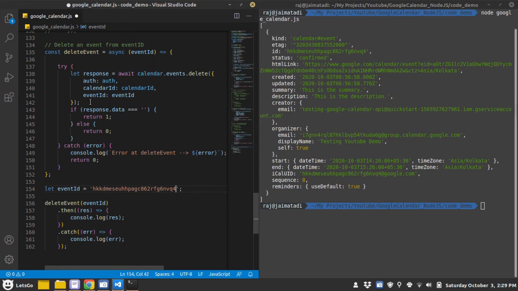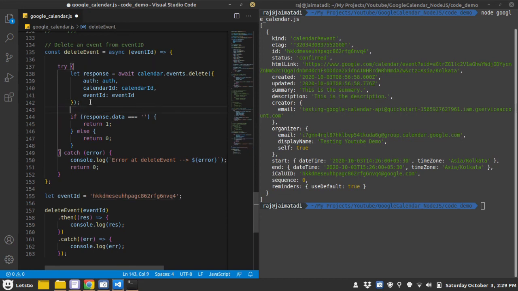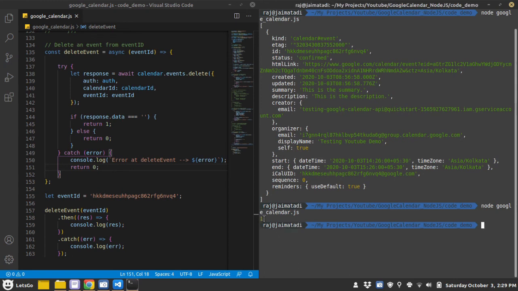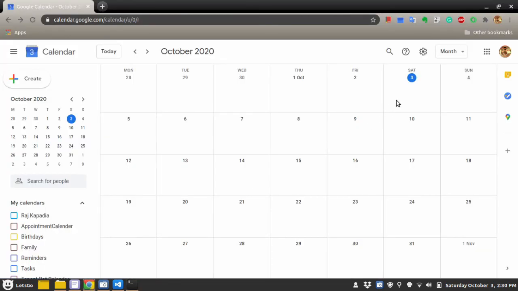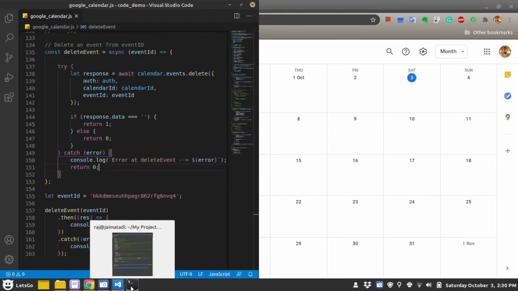The API of this delete function doesn't return anything, it's an empty string. So we compare it, and if everything goes well, we return 1, otherwise we return 0, and in case of error, we print the error. So let's test this. Okay, we got one response, which means the event is deleted, and we can see here the event is deleted.